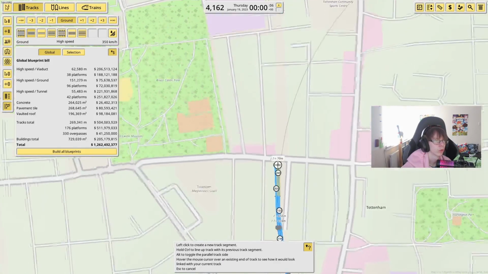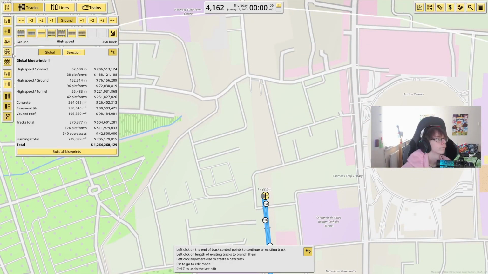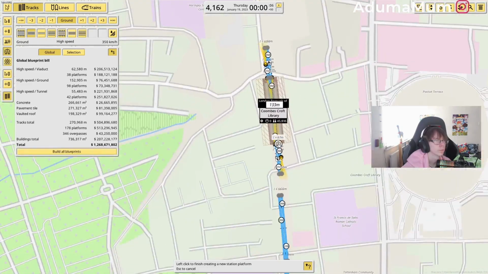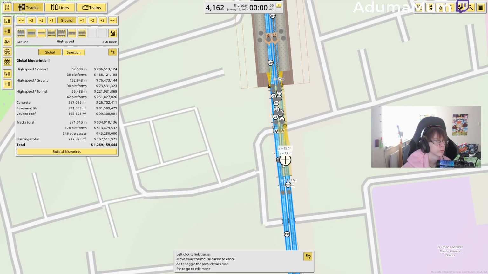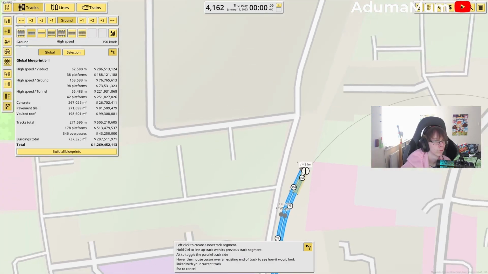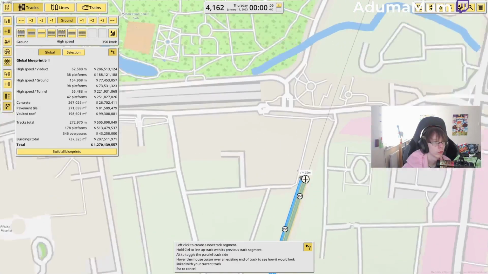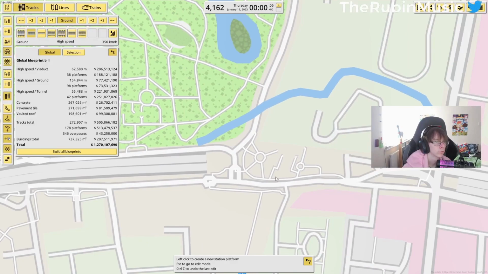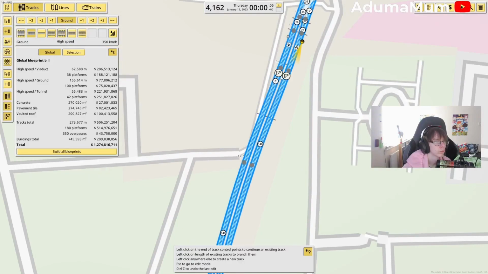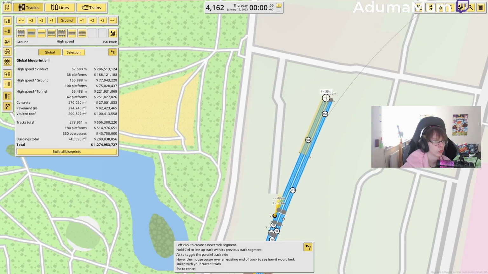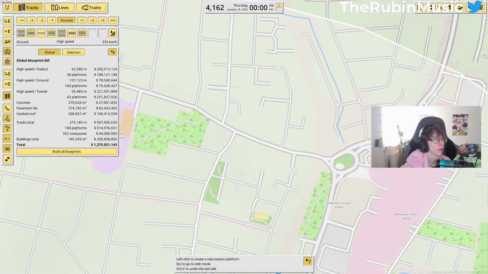And we're just going to go along here up to White Hart Lane, and then follow along up to Silver Street, which is just over here. And then from here we're going to put it straight through into Edmonton Green,